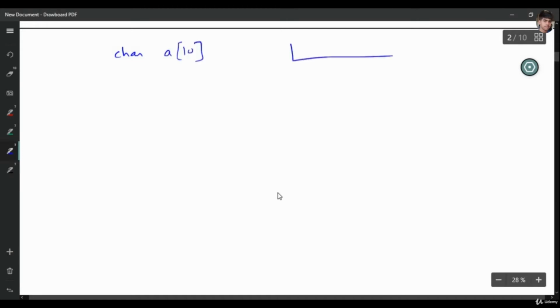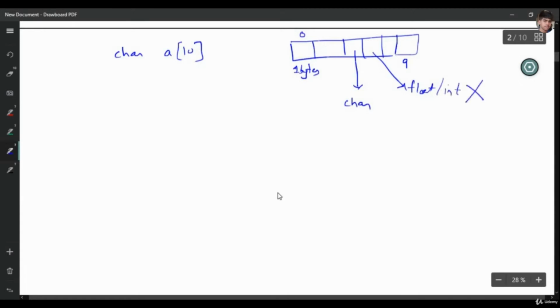So what will happen? I will get 10 boxes, 0 to 9, each of size 1 byte, because one character is of 1 byte, and in one box I will store one character. Okay, I cannot store float or int here. That is wrong, because we have made an array of characters.